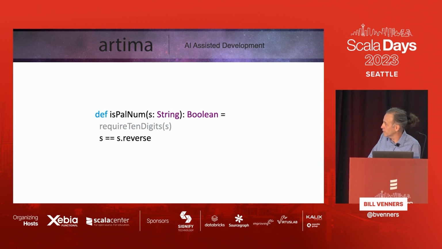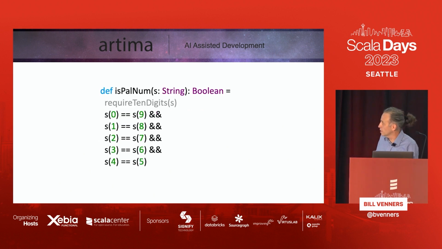After you check the precondition, you check to see if s.reverse equals s. So that's one star in that space. This is one way to implement this requirement. Another way you could do it is just compare the characters that should line up. I can just grab them and compare each one of those individually and AND all that together. So that is an equal function.